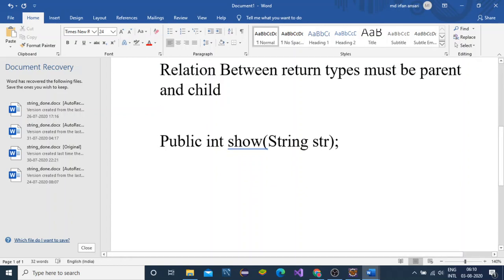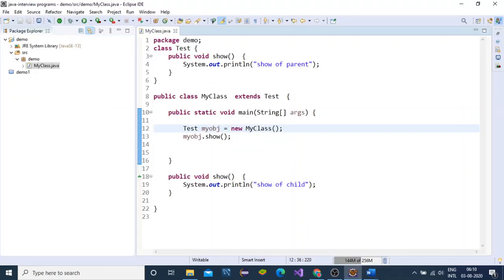Let's move to the editor and see the practical demonstration of this concept. I have taken a very simple example because my focus is on the concept basically. I do not want to make it lengthy. I just want you to focus on the concept only. Once you learn, then you can create a very lengthy and complex program using this concept. That is not a big deal.